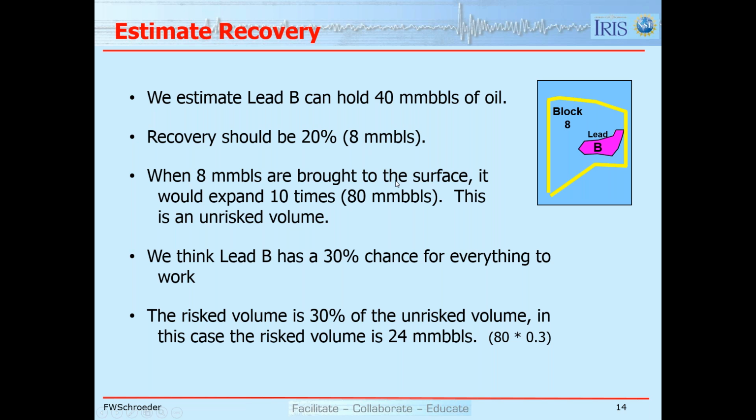When we bring oil or gas up to the surface, it goes from high temperature, high pressure to lower temperature, lower pressure. And so the oil and the gas expand. The gas expands much more than oil, but it's not uncommon to have a 10 or 20 factor expansion. So if we think the oil would expand 10 times, the 8 million barrels now becomes 80 million barrels at the surface. And this is an unrisked volume because we haven't considered the chance that all of the things